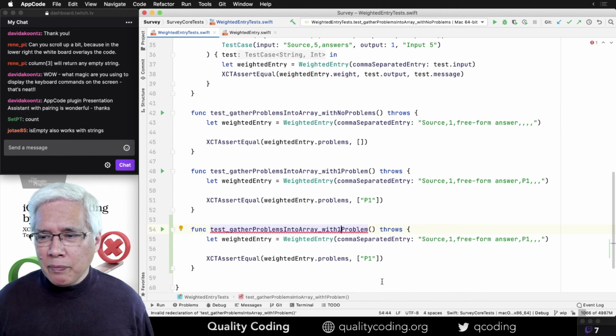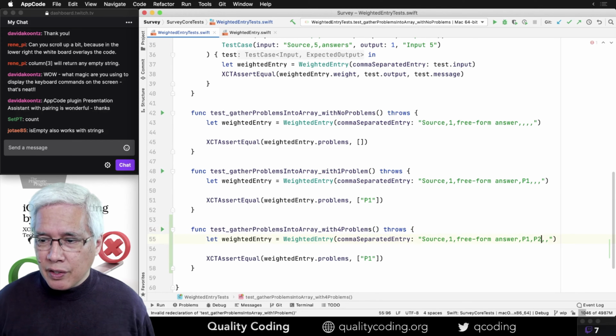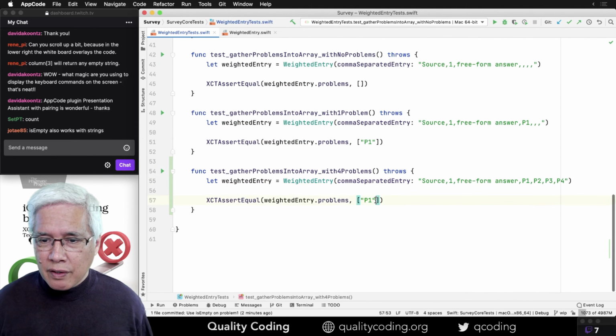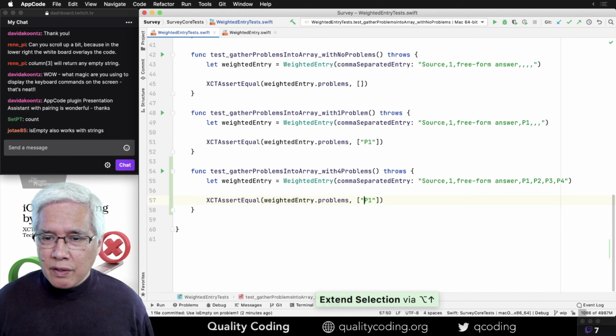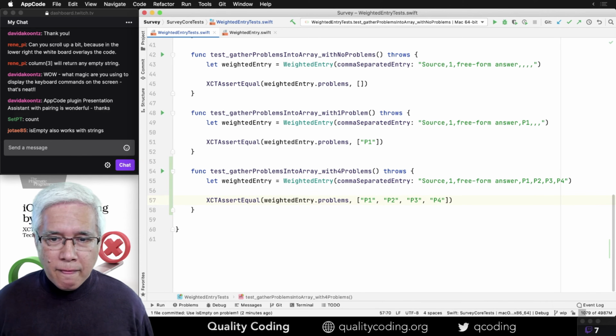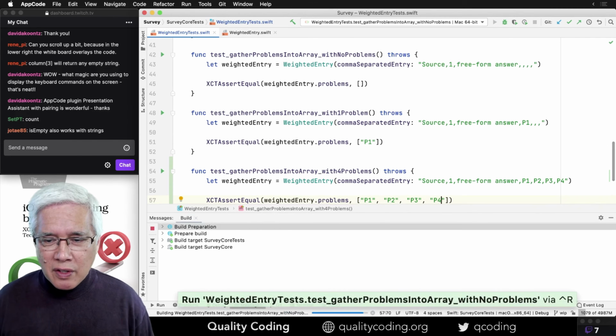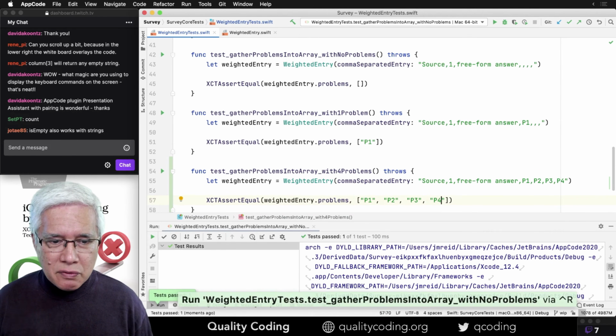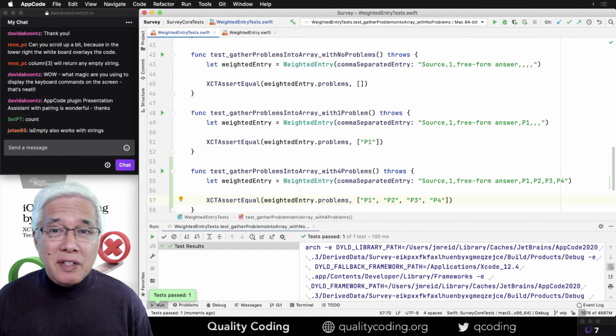We have one problem. We could go to 2, or we could go all the way to 4. Let's see. Let's just dive in. Expect this to fail, and it didn't fail. Surprise!